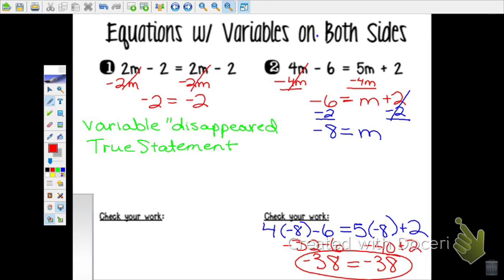It doesn't say m equals negative 2. When the variable disappears and I have a true statement, my answer is infinitely many,